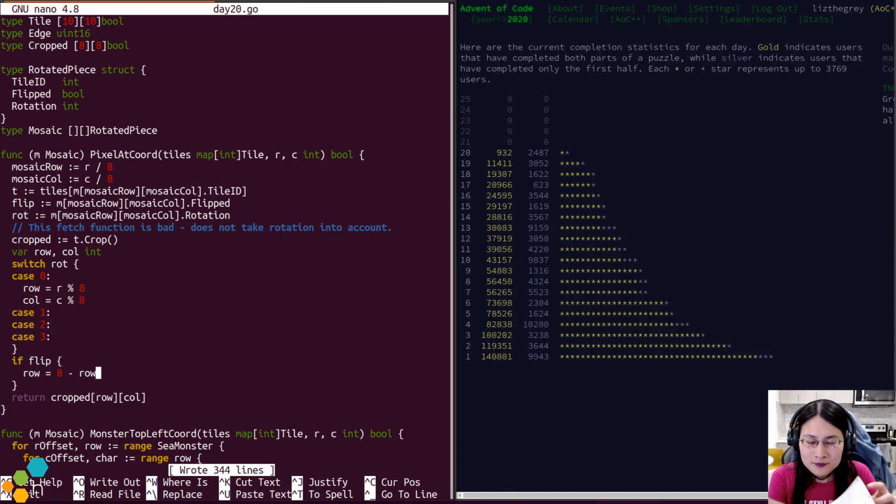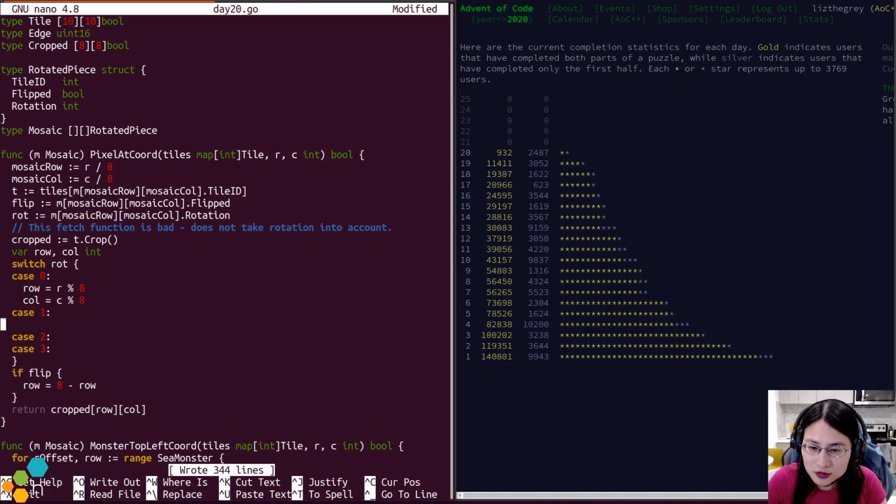All right. So if I rotate, a straightforward thing to do is the column and the row swap.